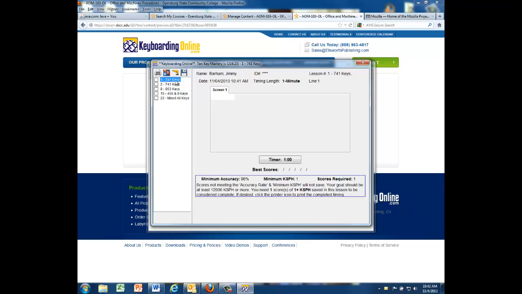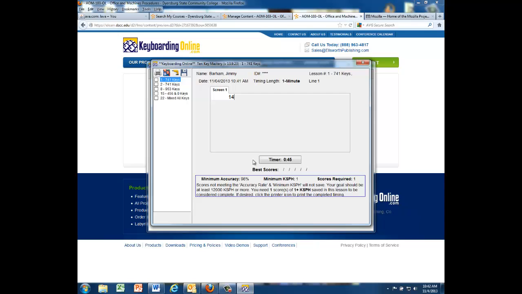So I have lesson 1 already selected, and I'm going to look at the text that accompanies this program, and I'm on page B4, and actually that's B as in boy and 4 as in the number, not before, but B4. And lesson 1 has 741 keys, and the first one is 14, so I'm going to press 14, and notice that the timer at the bottom begins counting down. So that's how you're gauged, or scored rather, by how fast you can use the 10 key component of the